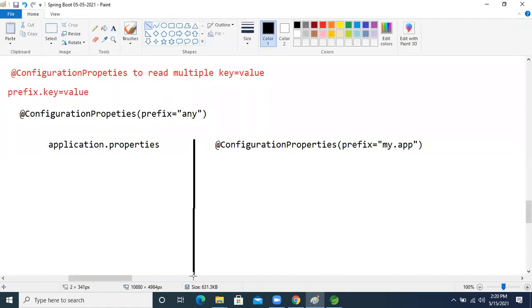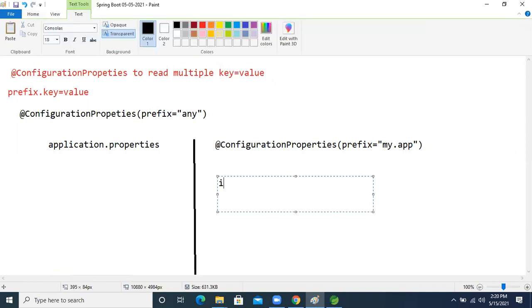In our class, how many properties are there? One property is there, an int, that is the SID. Another one is a String, that is the S name. Another one is a double, version.